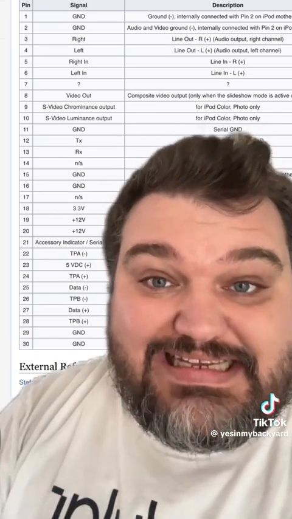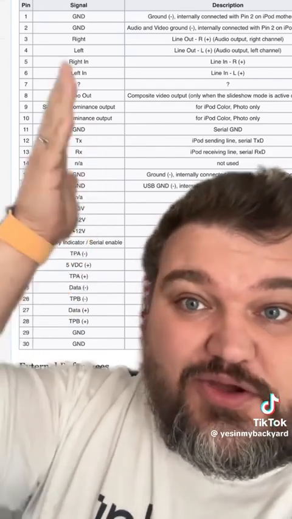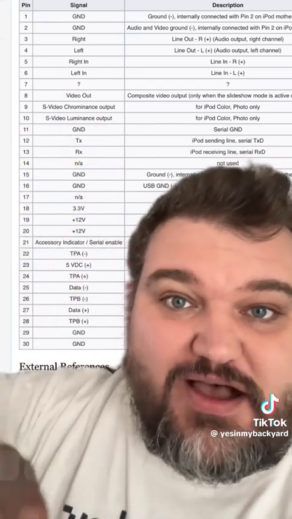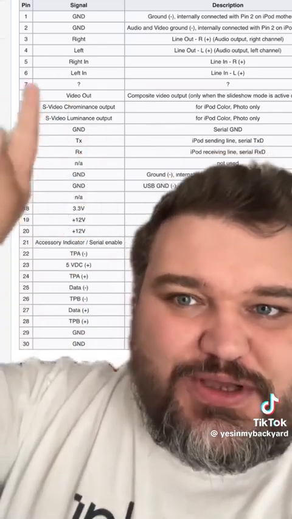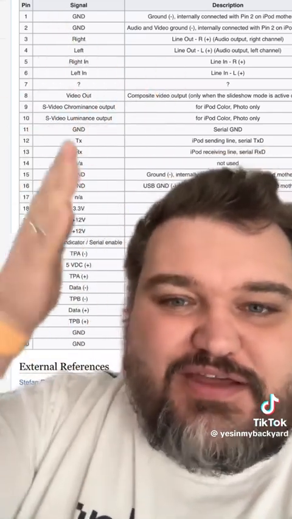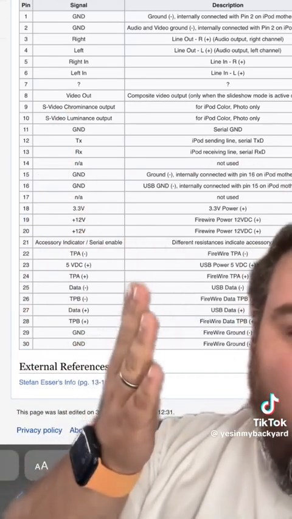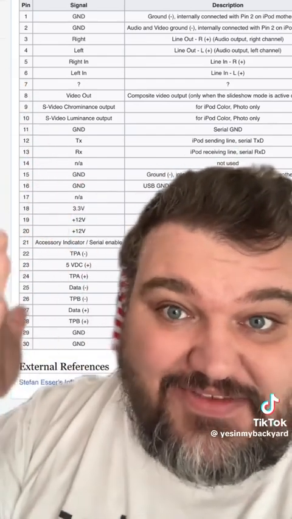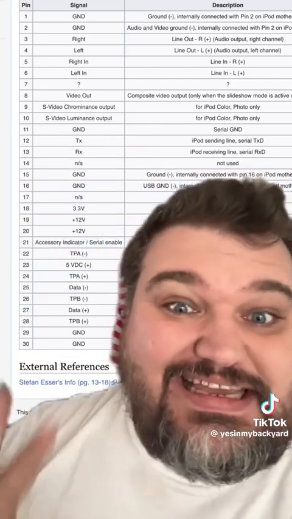This made it really easy for Apple to build passive adapters, things where you could just plug it in and audio works. You don't need a DAC inside of a converter cable to convert back to audio. You don't need a video encoder in the cable to encode video. The iPod or iPhone would just stream it all out. As time went on though, no one cared about FireWire anymore, so these pins just were useless. It also just got cheaper to put a DAC inside of a cable or a video encoder inside of the cable, so you don't really need all of this anymore.